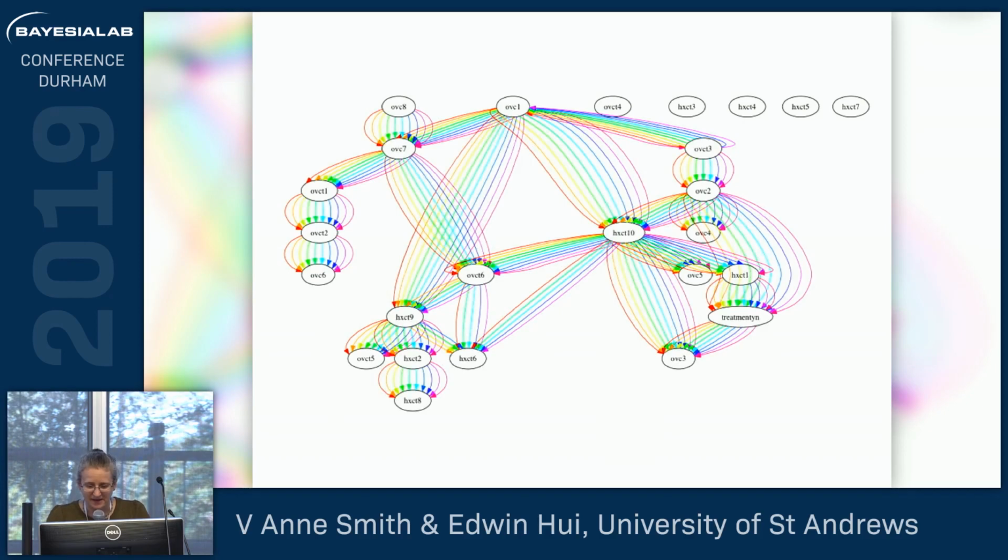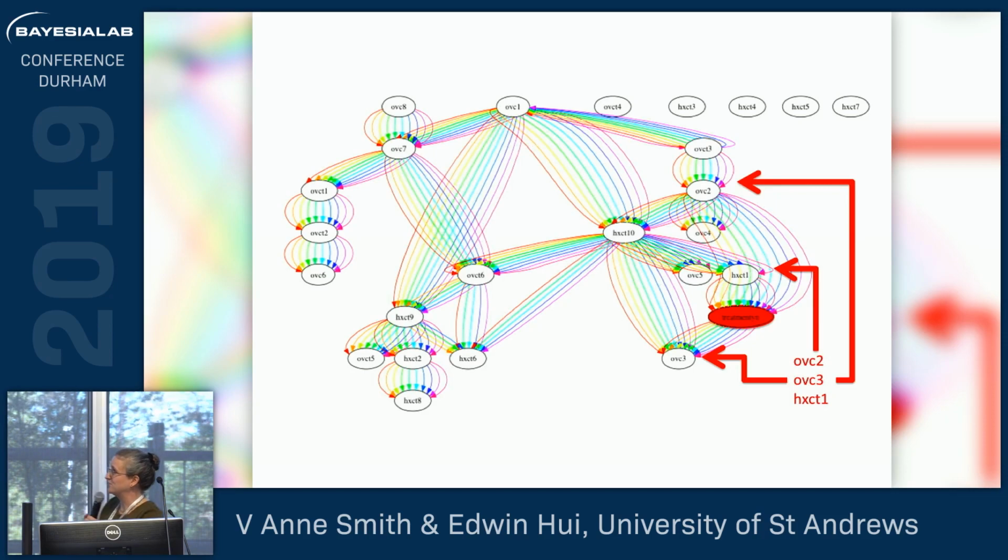And here, I do note this was an undergraduate thesis, and we did some somewhat silly things, but we still found some cool stuff. So there's the treatment node, and we found a number of clusters which are related to it. We probably should not have thrown in the OV and the HOX clusters together, because some of those probably have repeated genes in them. But even so, that would have made it harder for us to find an answer.